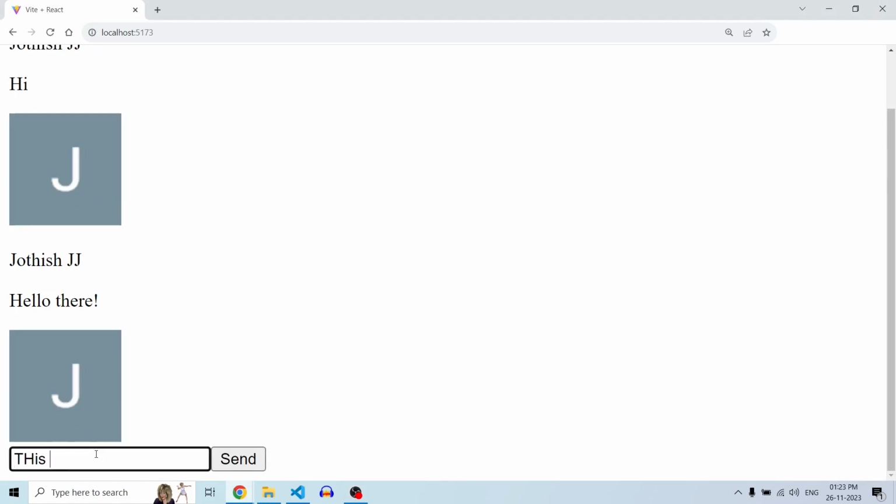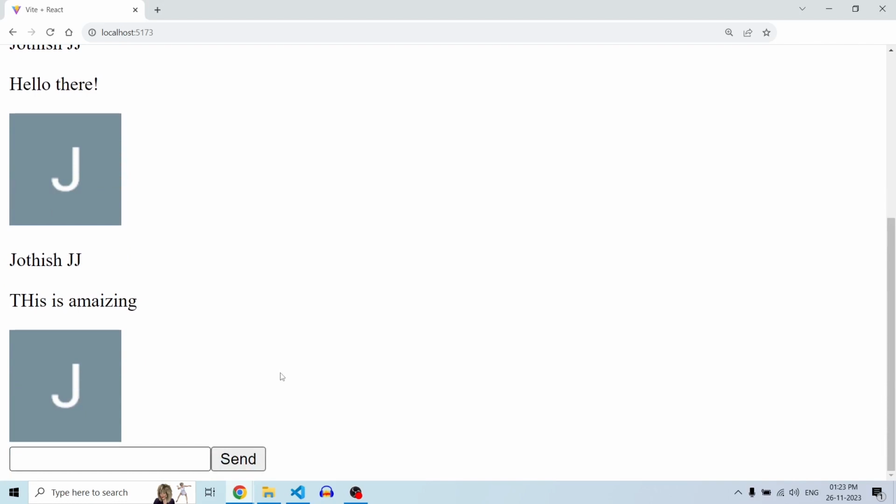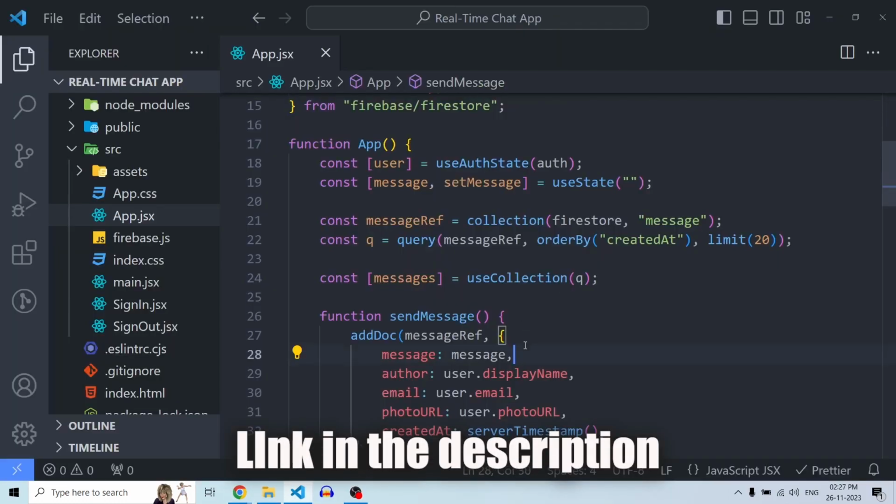Now, our app is working but doesn't look good. We can change that by changing the CSS, but I will not cover CSS in this video because at the end of the day, CSS is way harder than any of the things I mentioned before. You can get the full source code from the description below.